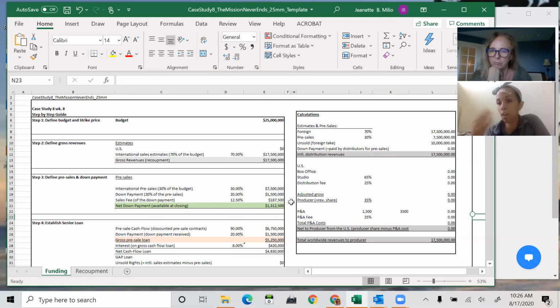I think what I'm on is that I don't know the U.S. number. So we don't worry about the U.S. right now, because we're not dealing with the U.S. right now. We're only dealing with our international rights bucket. Our international rights bucket for international only was 70% of the budget. We're not dealing with the U.S. And of that international bucket, we sold $7.5 million worth of rights. So of the international bucket, how much do we have left in our international rights bucket right now?